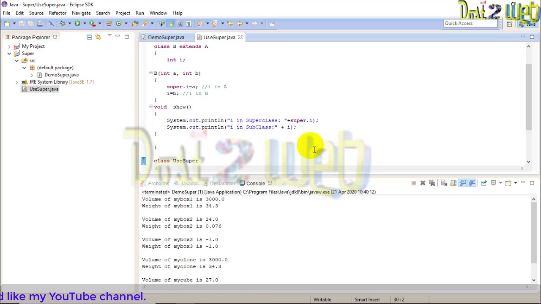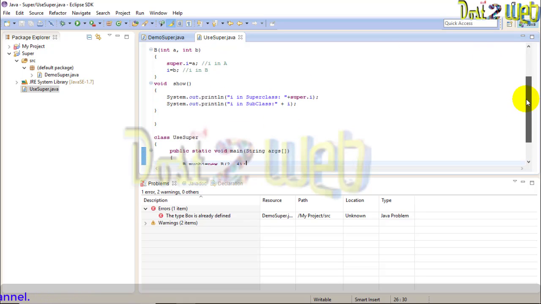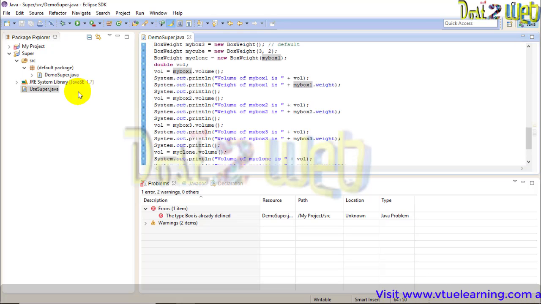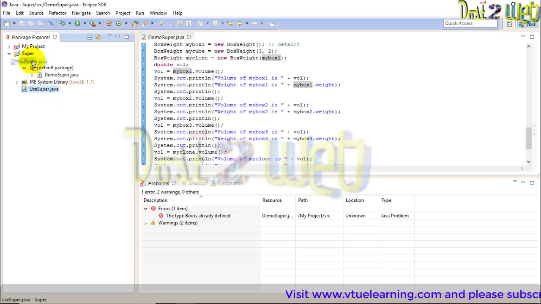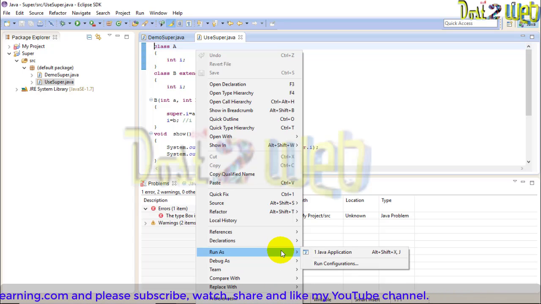Editor does not contain a main type. Hey, I wrote the program, there is no error, you can see in the program, but we are not getting the output. Why? If you see on the left-hand side, where is our program? It is not in the source directory. Obviously when it is not in the src directory, it will give you the error. So I have to move this into the source directory. Now I'll open this. Let's execute now.